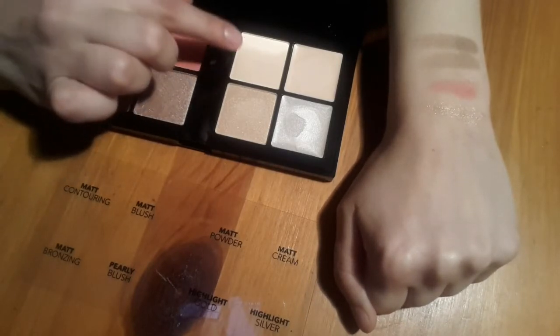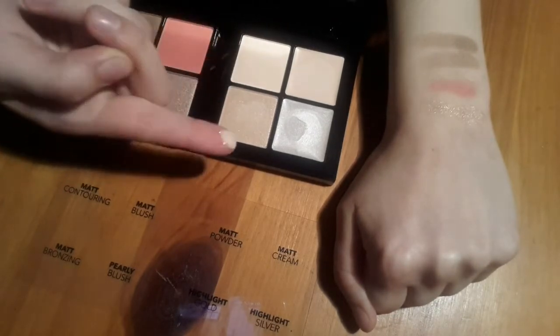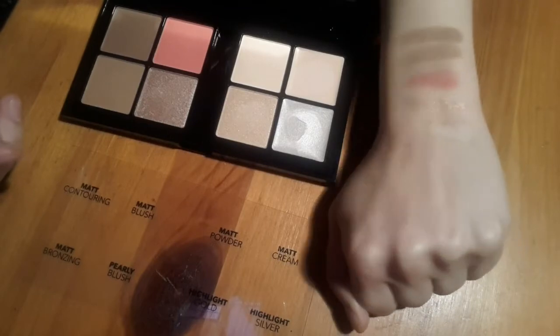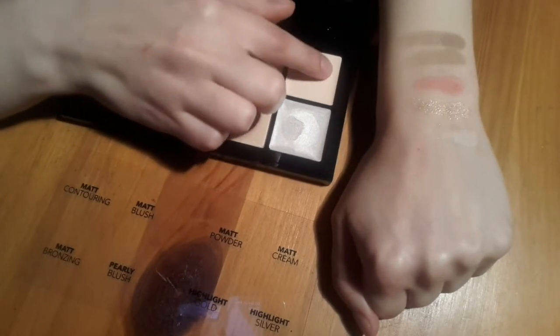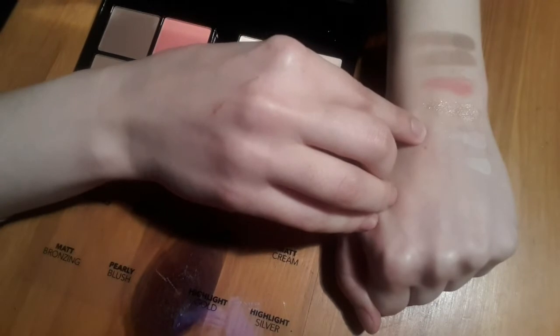The next one you see here is a matte powder. It looks really nice and white, so I am looking forward to trying this one out. If you swatch it, it does look nice and matte, and I think I'm going to be using this one here. I'm gonna change the order a bit, take it here. This is the matte cream. I'm going to be using this as my concealer here,